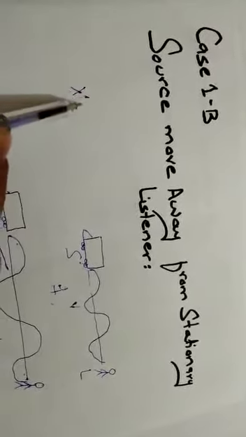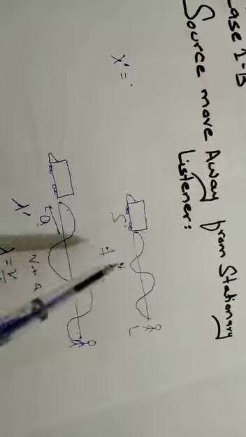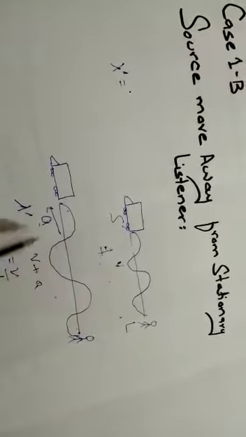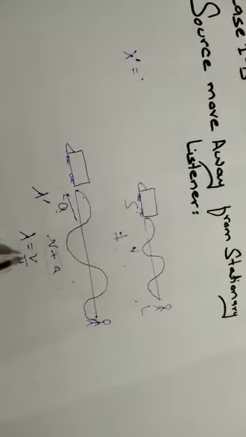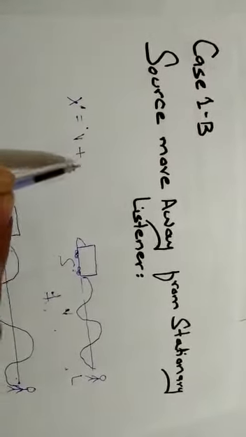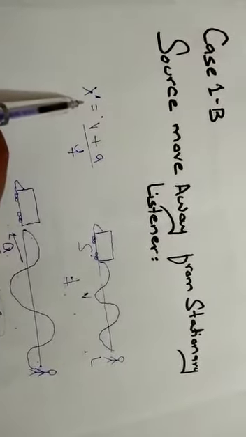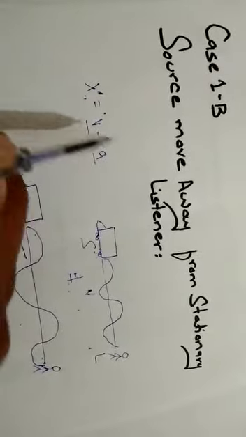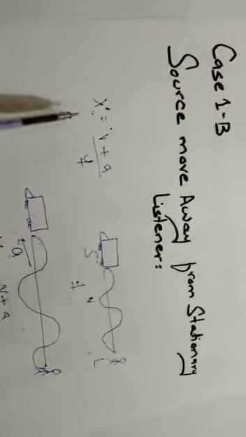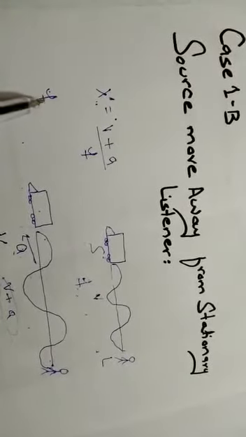So in this case, lambda prime is equal to, here v is replaced by v plus a. v is the distance between the sounding source and listener when both are in a state of rest. Now when it moves away, the total distance is v plus a. So instead of this v, we write v plus a divided by f. This is the apparent change of wavelength when the sounding source moves away from the stationary listener. As there is a change of wavelength, obviously there is a change of frequency.